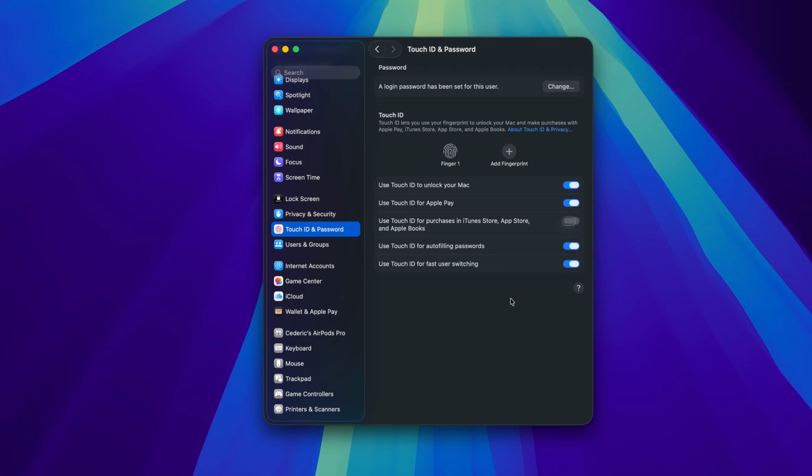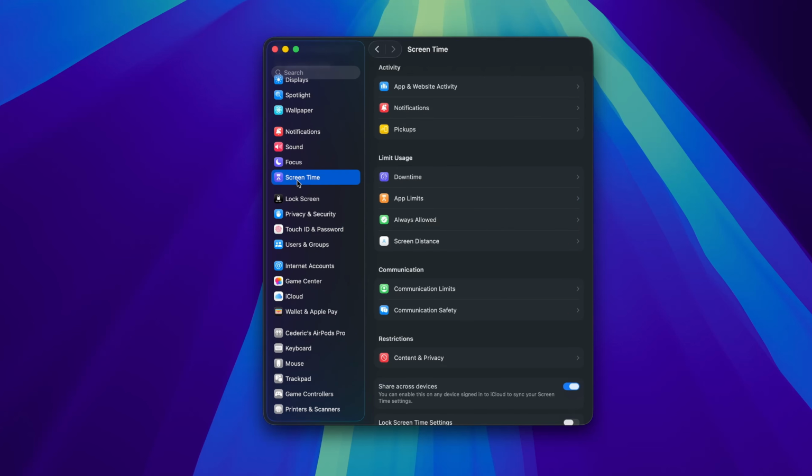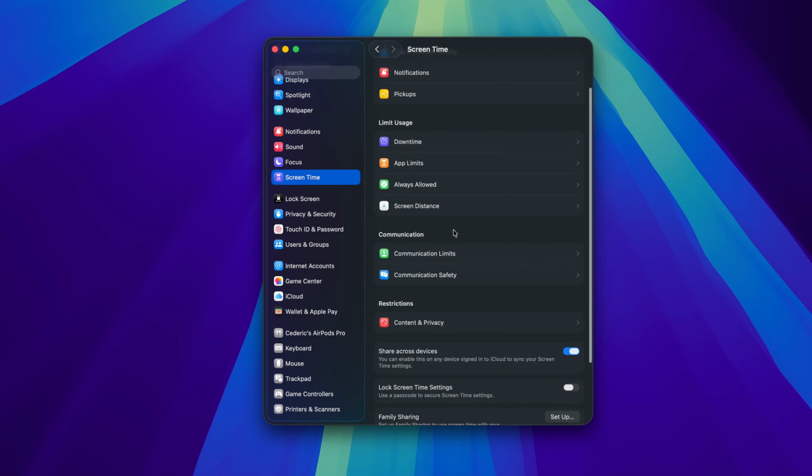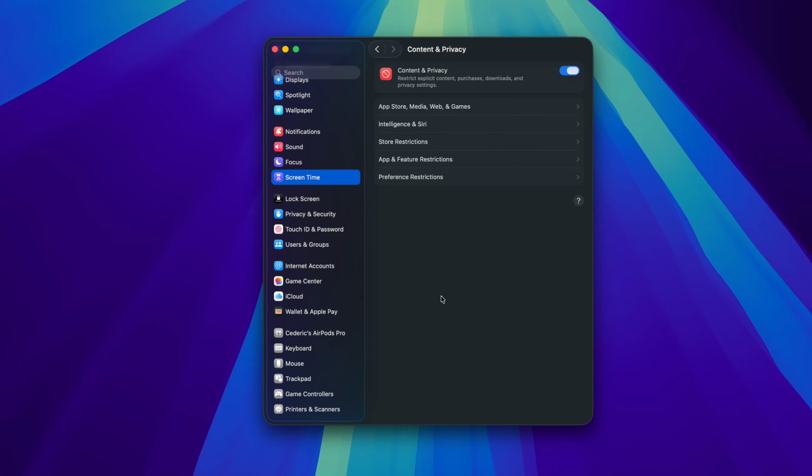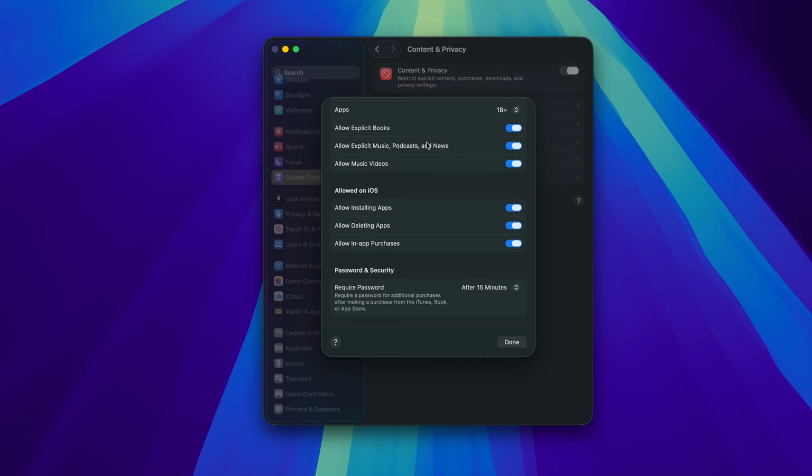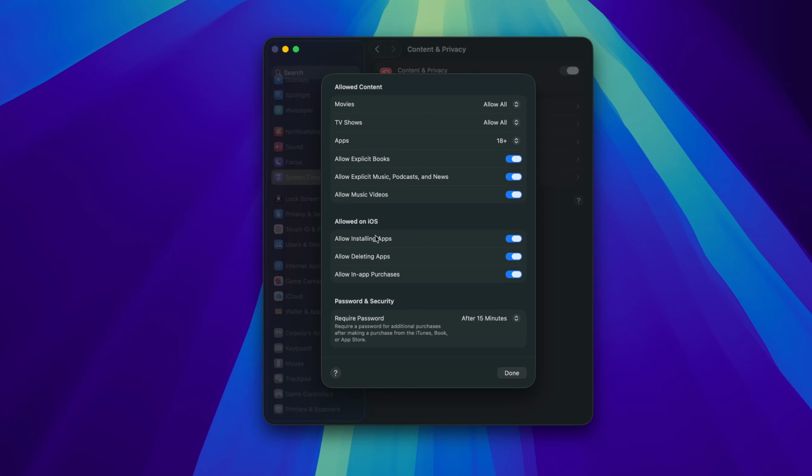In some cases, screen time restrictions might prevent you from changing this setting. To disable these restrictions, head over to the Screen Time section. Then, click on Content and Privacy and disable Store Restrictions, or at least make sure that the Allow Installing Apps